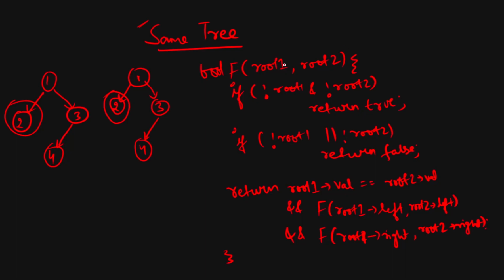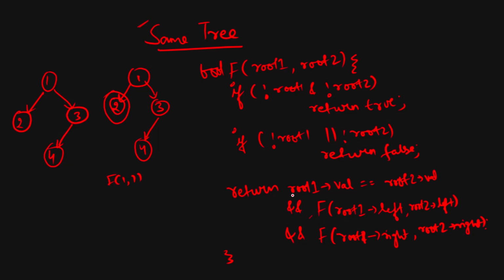So now let's have a dry run to understand it in more detail. First of all, f11 is called for this root as 1 and this root as 1. Now I am checking whether this one is null, this one is null. No, it is not null. And if either of them is null, no. Then I will come to this condition, and it will ask whether these values are equal. Yes, the values are equal. Then it will come to this. If either of these values is not equal, it will not move ahead. It will directly say false. They are not same.